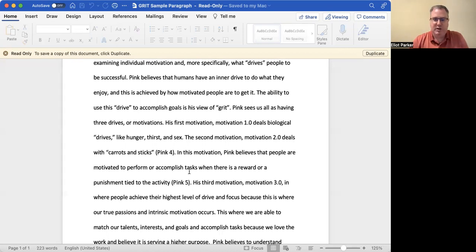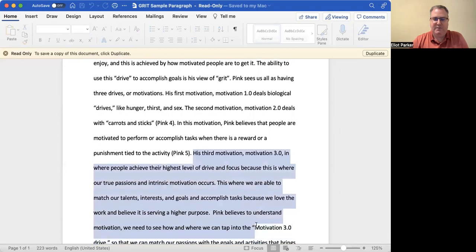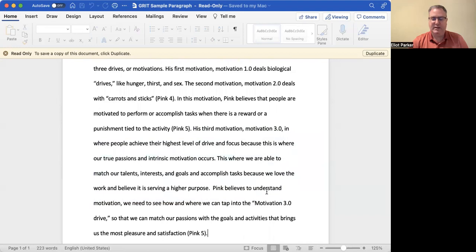But one thing I also will mention, notice there's no "I think," "I feel," "I believe." Everything is taken in this third person academic perspective that I was talking about, this third person hovering over the essay, just explaining this in broad terms. You want to make sure that you take that approach as well. So we don't have any "I think his first motivation is the most important motivation because blah, blah, blah." We're focusing primarily on the theorists and what their work says and how it connects to grit. So I did that for you a little bit here at the end.